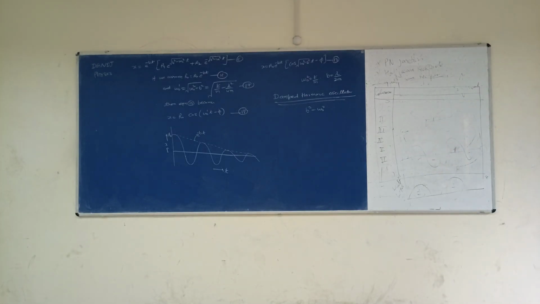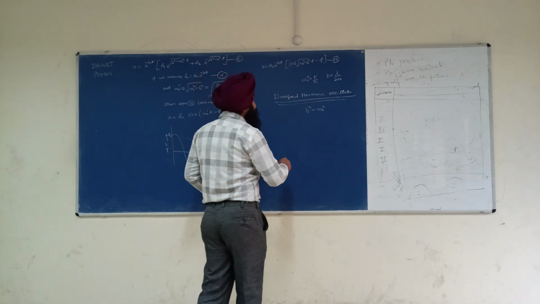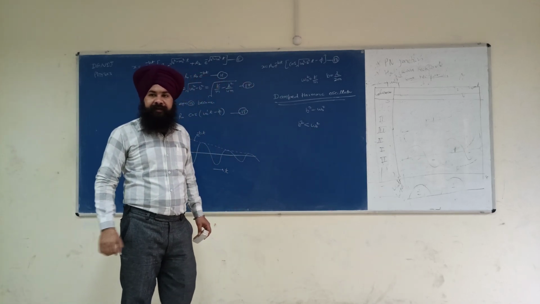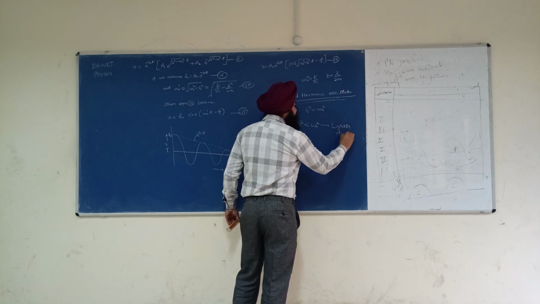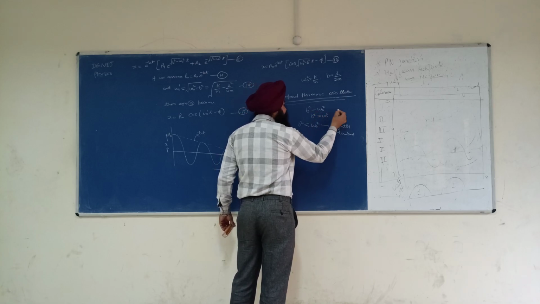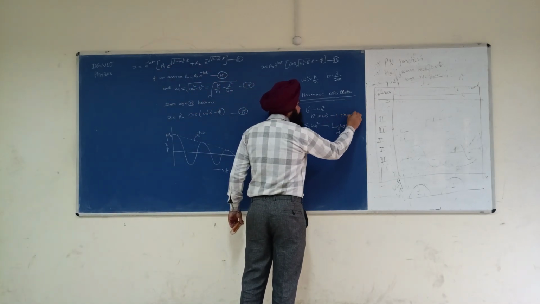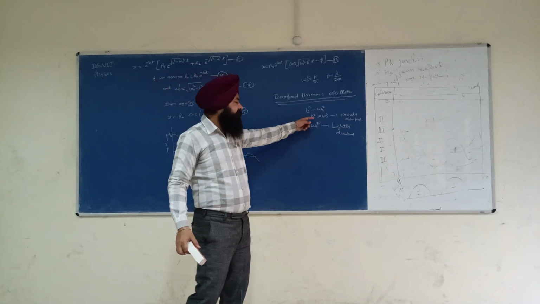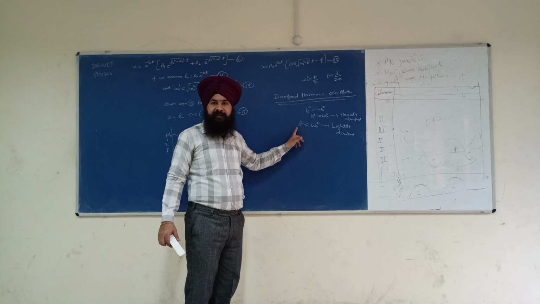And the last case that we have discussed is the lightly damped oscillator. For the lightly damped oscillator, the condition is that b square must be less than omega naught square. And b square must be greater than omega naught square for the heavily damped oscillator. This is the heavily damped, this is the lightly damped. This is the case we discussed in the last lecture, and this is the case we are discussing right now.